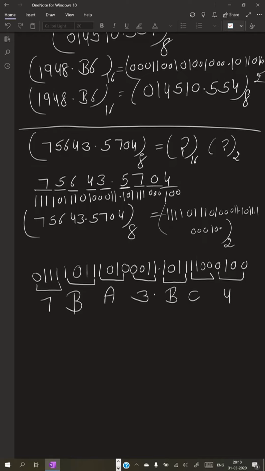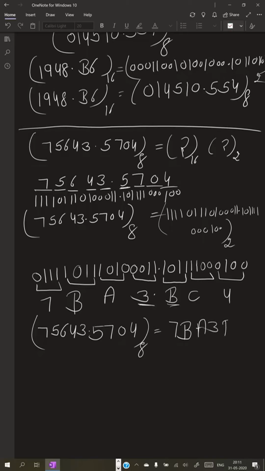So you can write down your answer in this way: 75643 dot 5704 octal equivalent to 7b a 3 b c 4, and this is my hexadecimal number.